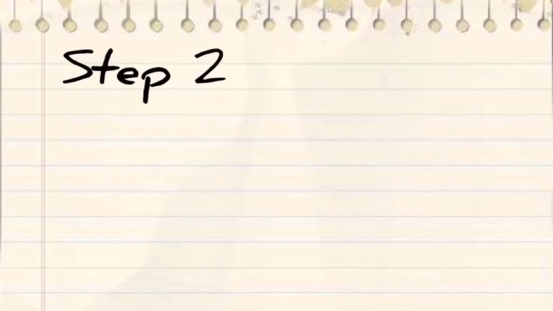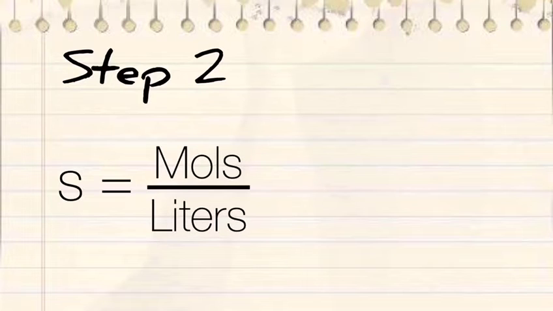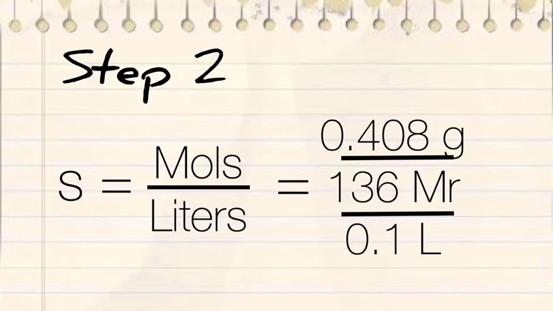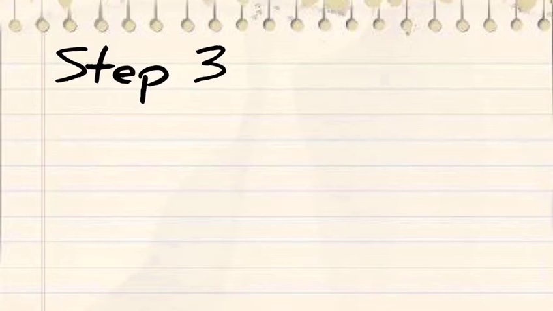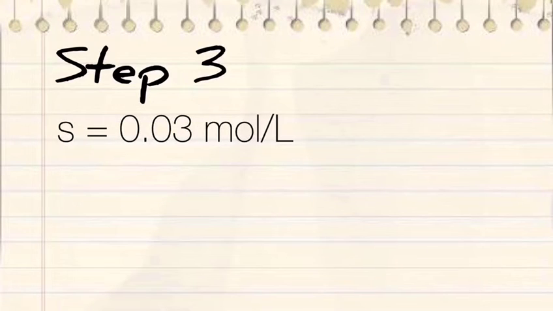The next step is to find the value of S. We can do this by using the equation moles per liter equals molarity, since it is the same as solubility. Since we are given the mass and the MR of the solute, we can find the mole by using the equation that mole equals mass divided by MR. After calculating that the molarity or solubility of the ions equals 0.03 moles per liter, we can plug in